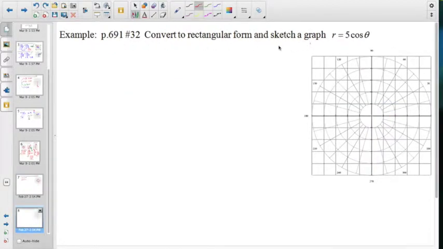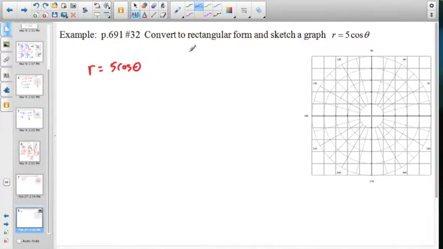Looking at this one, it says sketch the graph r equals 5 cosine theta. So if we're talking about r equals 5 cosine theta and getting that into the rectangular form, then we have to substitute out both the r and the cosine theta. And so there's kind of a little, I'm going to call it a trick, but it helps to know that